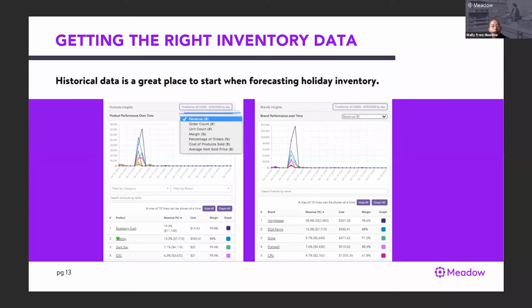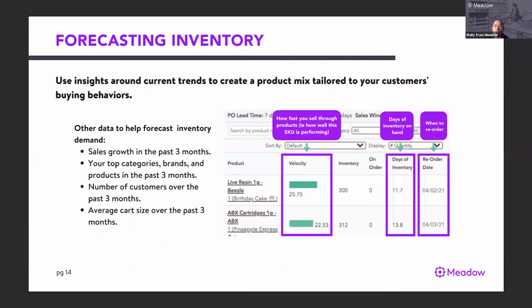You also want to take a look at your current and historical customer demographics, including age and how they referred to you, so you know where you're spending your advertising dollars this year to drive that foot traffic and that acquisition. Okay. And we talked about acquisition yesterday, and we talked about it in terms of retention as well, because those that are more focused on retention this upcoming year are going to have a better go of it. I promise you that. Trends in cannabis are always changing, so make sure you're staying up to date with what